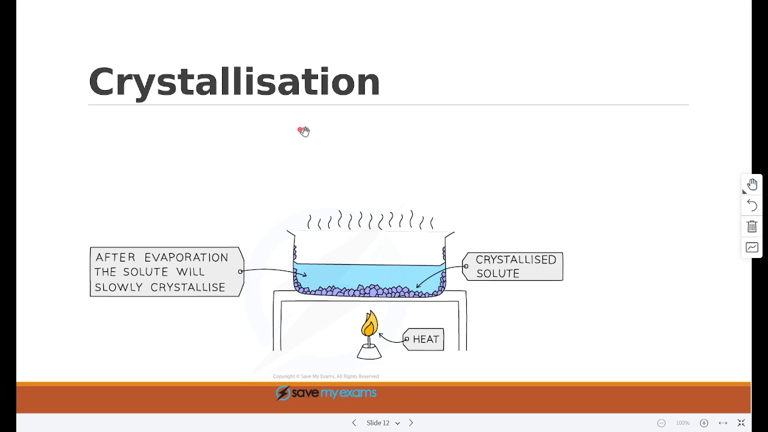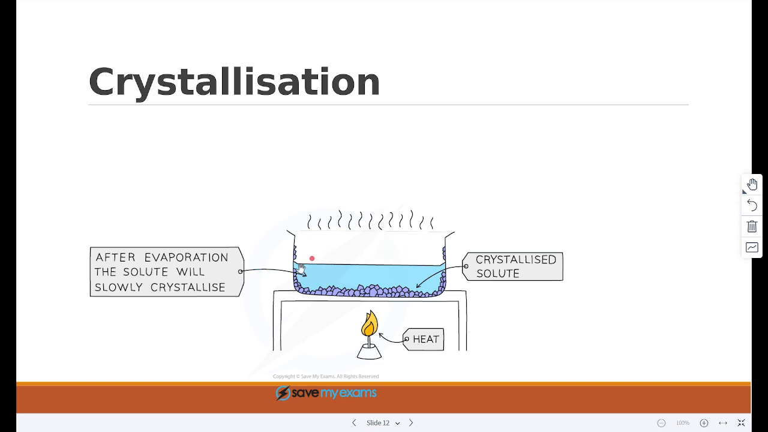So, crystallization is used to separate a dissolved solid from a solution. As you can see right over here, this is the beaker. It contains the solvent and the solution, and this is the Bunsen burner. So, what we're going to do is we're going to heat the solution, allowing the solvent to evaporate to leave